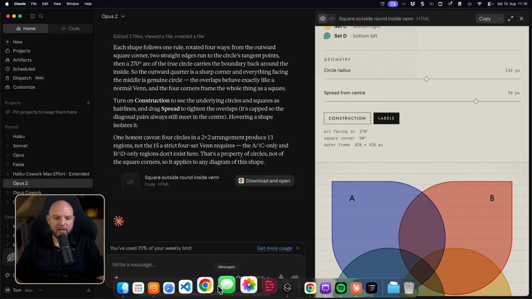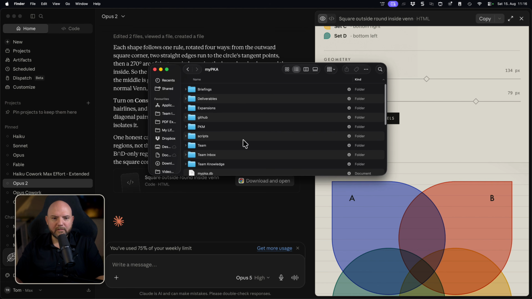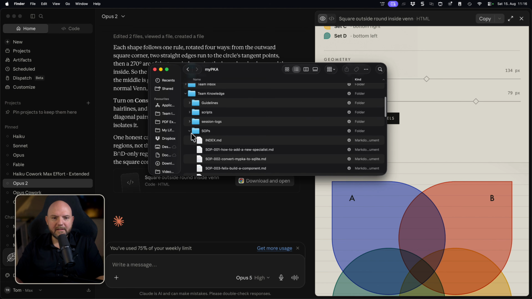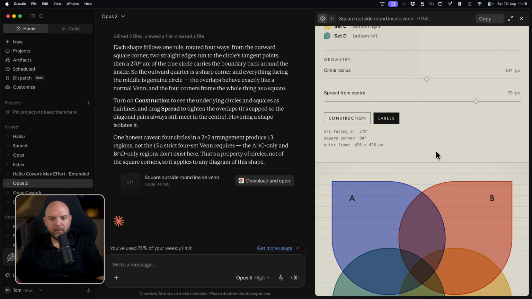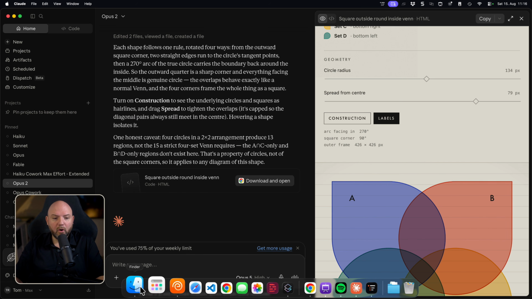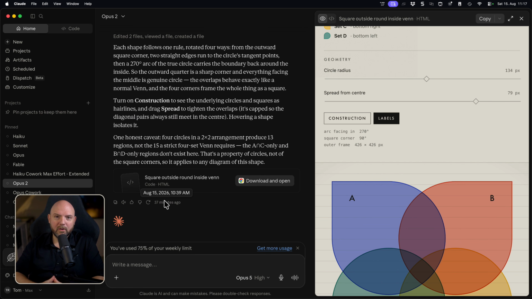And that's why to us it's so important to have this folder and this team knowledge and these guidelines and SOPs, because if I work through this now, I can tell Larry to create standard operating procedures, work streams, guidelines to have a consistent outcome each time, and even hire an agent who is working only on creating Venn diagrams, for example. This is how I can now more or less ensure that the outcome will have a persistent quality, same design choices, all these things.